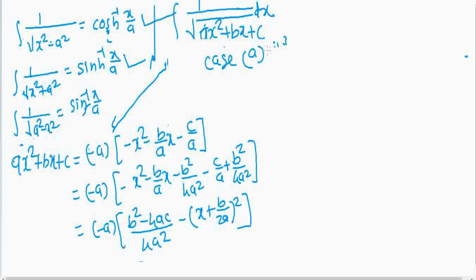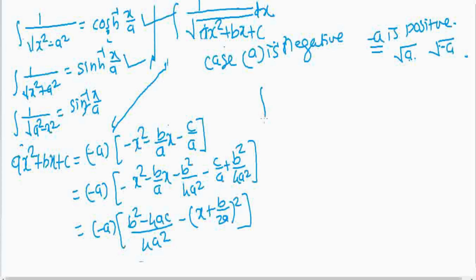Hence, in the integration we are taking the case when a is negative, so that minus a is positive. Why have we taken minus a? Because a is in the root, and when a is negative, the square root of a will be imaginary, and that is why we have taken minus a, which is positive.